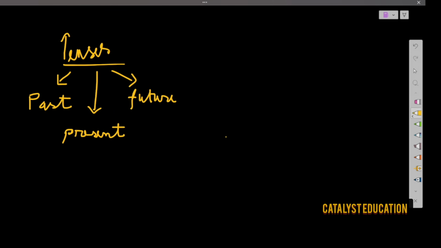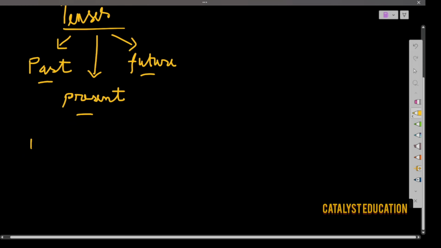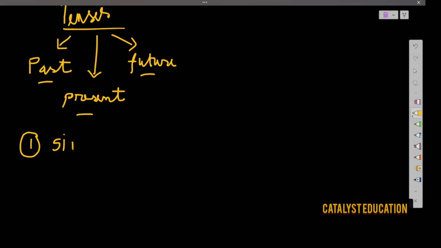We're gonna talk about tenses. Tenses are of three types: the past, present, and future. Let's understand the categories of tenses now. So the first category can be simple tense. So simple tense can be three types: